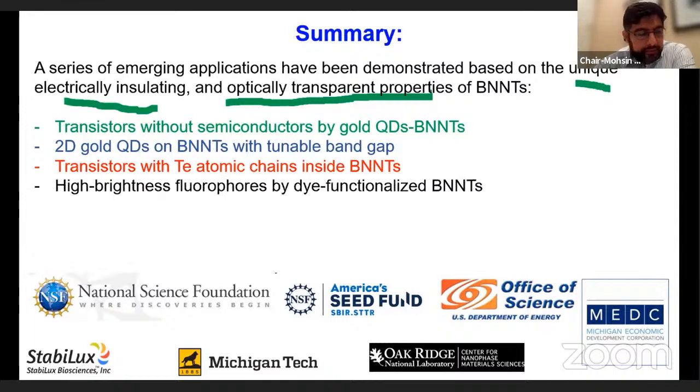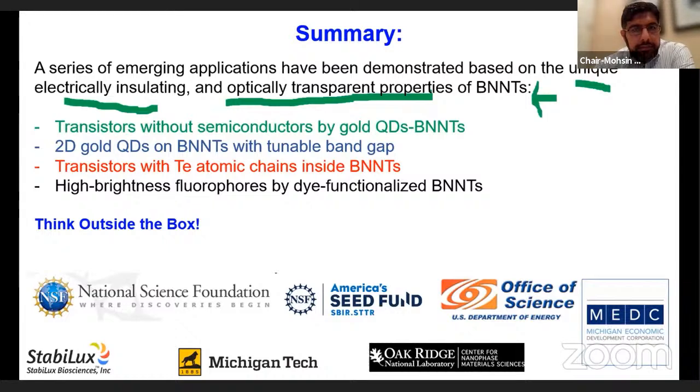Last but not least, I have discussed with you how we make a high brightness fluorophore by using dye-functionalized boron nitride nanotubes. So all these are based on the unique properties of boron nitride nanotubes, which have been